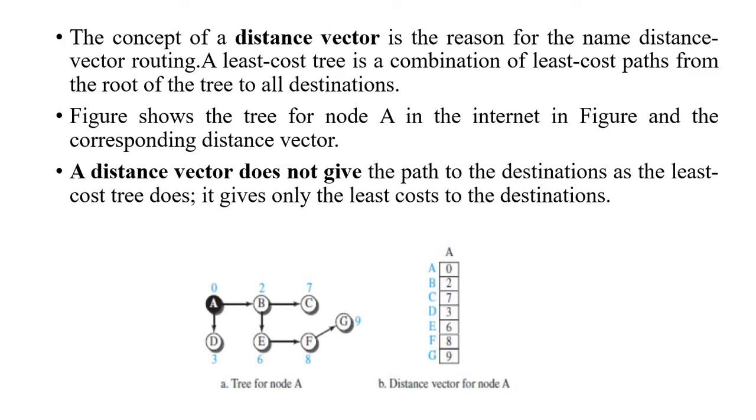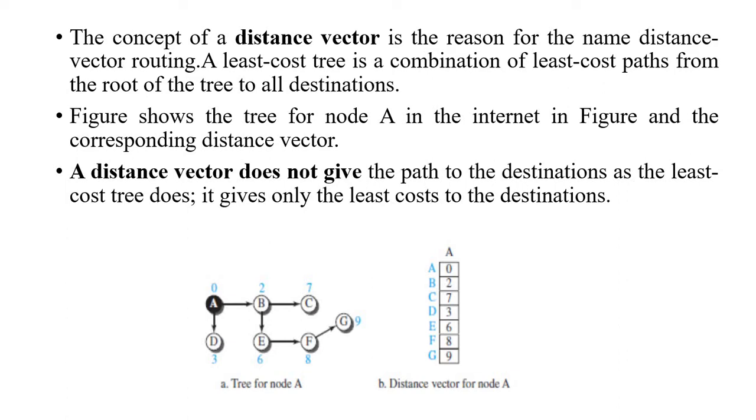Based on this Bellman-Ford equation, if we observe the performance, distance vector gives a more reliable way of moving data. Based on the data, every router will update its routing table. Here the least cost tree will be formed based on the least cost path from the root node to the destinations. When we consider a node from a weighted graph, we can understand more easily how this distance vector operates.